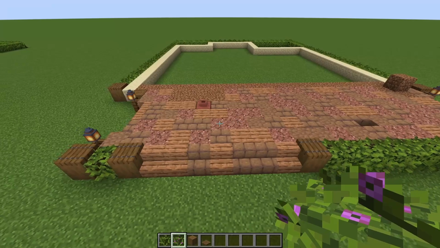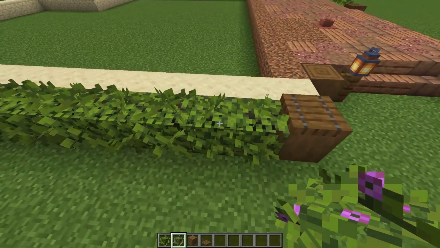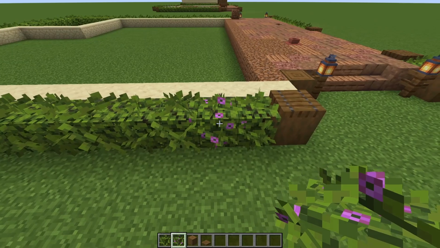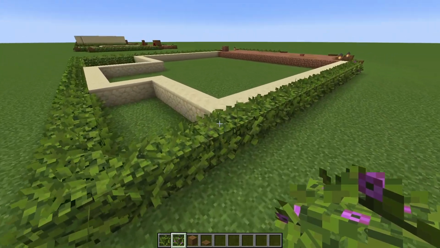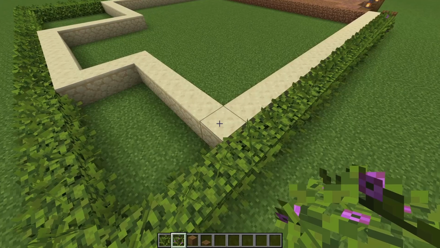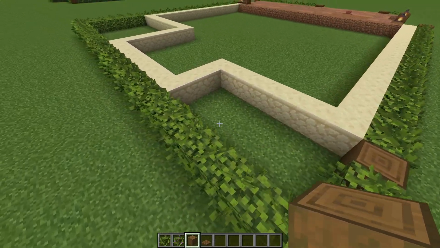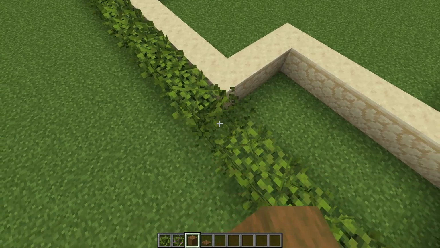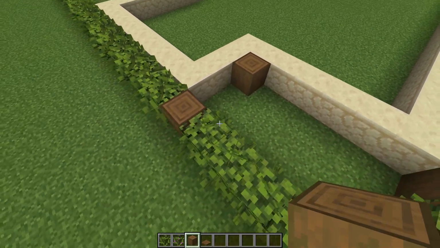So now what I want you to do is come along to the left-hand side and we'll pick up the second azalea leaf, place down a flowering azalea, then continue on to this corner. So diagonally out from this corner sandstone, we're going to pick up that leaf, place down a stripped spruce, and we'll do the same thing here. Diagonally from the corner, we'll do a stripped spruce log, then we'll do one in that corner as well, and